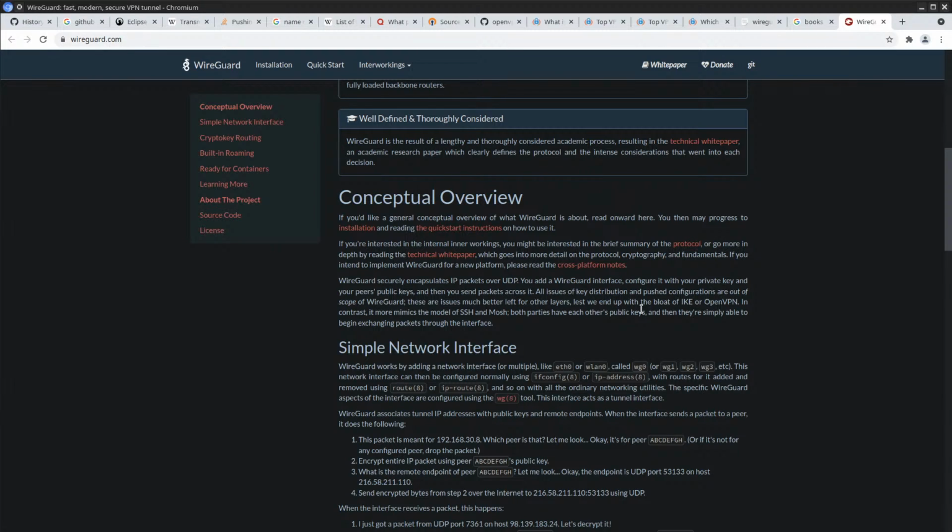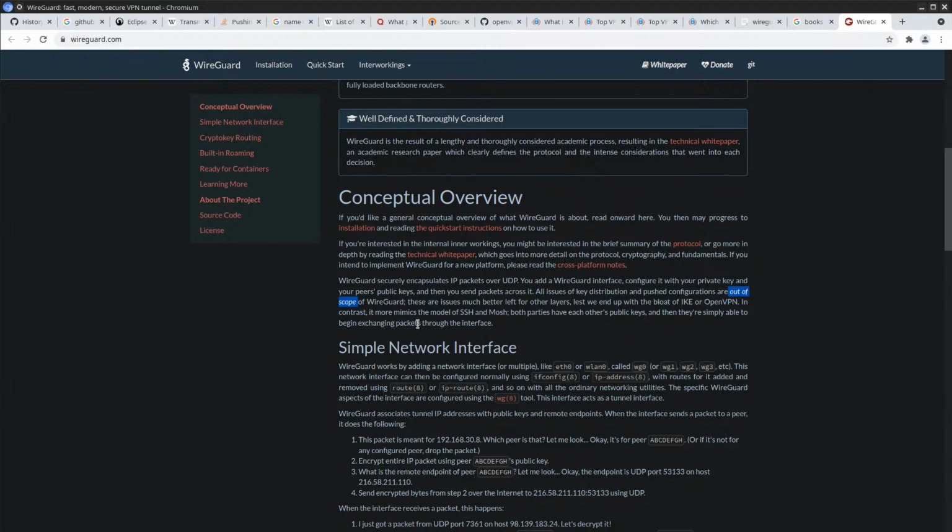Right, all issues of key distribution and push configuration are out of scope of WireGuard. Yeah, so that's what we would be providing. That would be our added value. Well, I guess that's what VPN providers do as well. These are issues much better left to the other layers, lest we end up with a lot of OpenVPN and IKE.